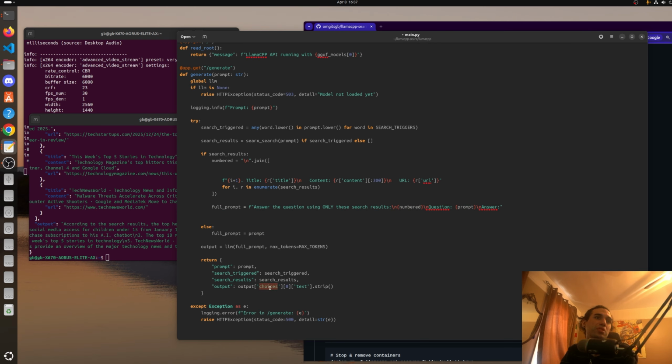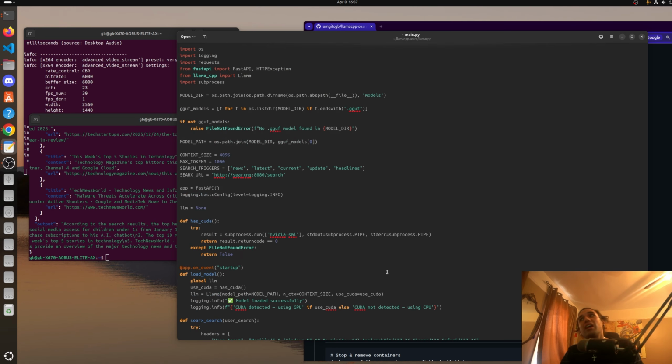So we're seeing which tokens we want to pick, and we're just picking the first token, and we are getting the text and stripping it like before. So we're just taking out all the gunk, right? And obviously if none of that happens, then we're raising an exception. And that's about the gist of this